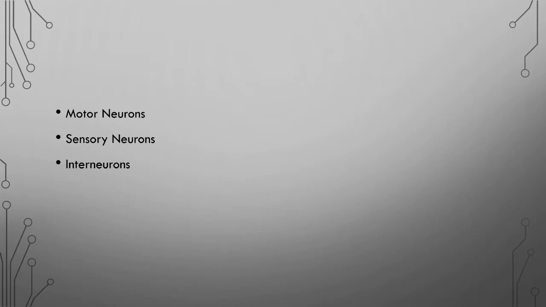Just another quick distinction between different functional types of neurons, we have motor, sensory, and interneurons. For our purposes, motor neurons govern movement with long axons that synapse onto muscles. Sensory neurons carry sensory messages from the periphery back to the spinal cord. And the majority of neurons, including the majority that make up the brain, are interneurons. These are neurons that receive info from other neurons and pass it along to other neurons.